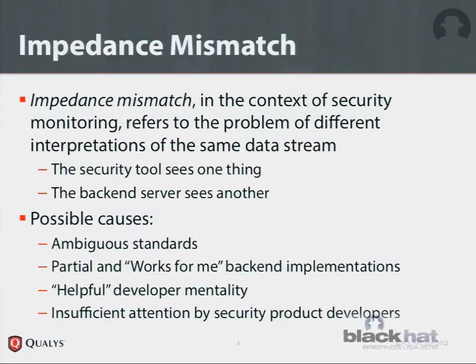So what I want to do is talk about impedance mismatch and actually focus on a very low level layer of web application firewalls, where these security products have to interpret a stream of data. And impedance mismatch occurs where web application firewalls have a different interpretation of the same data stream than the backend web server or application that they're protecting. If you think about it, what web application firewalls do is make a lot of decisions, and every decision point is actually an opportunity for an evasion point.